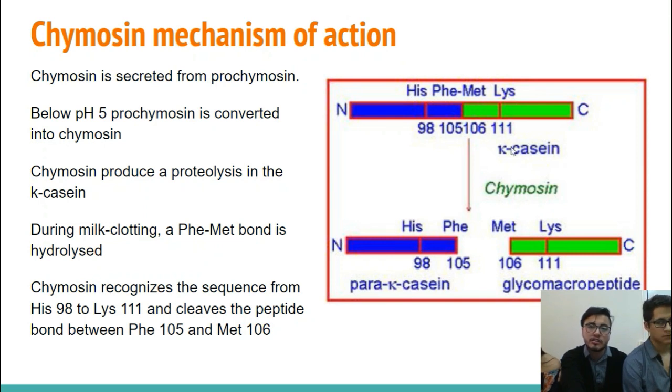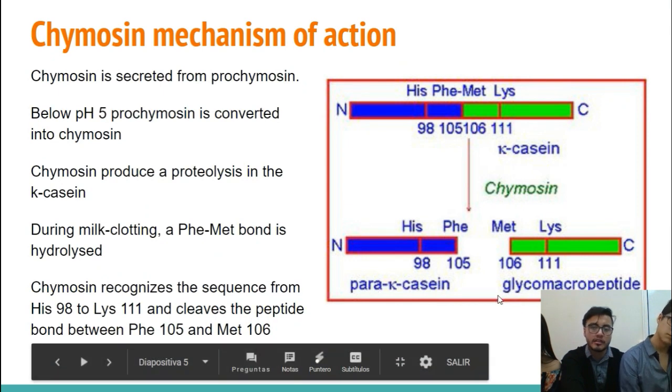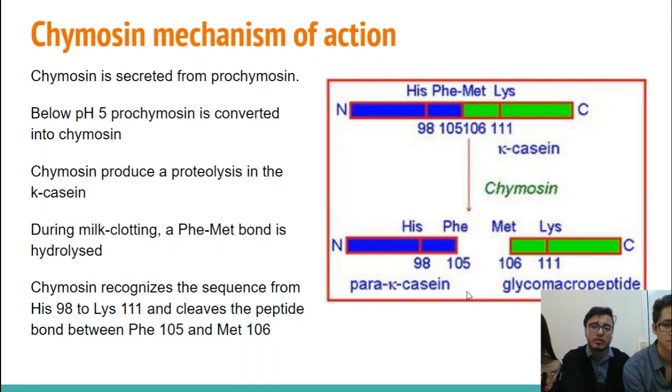The chymosin is very specific in the place where it cuts. Chymosin cuts the bond between the phenylalanine and methionine, between 105 and 106. When chymosin takes down all the negative charges and attacks, the K casein is divided in two: para-K casein and glycomacropeptide. The hydrophilic part goes away from the micelle, and that way the micelle has been opened,